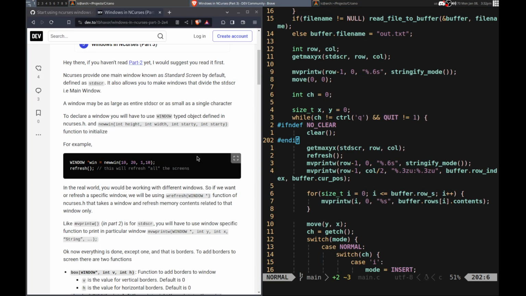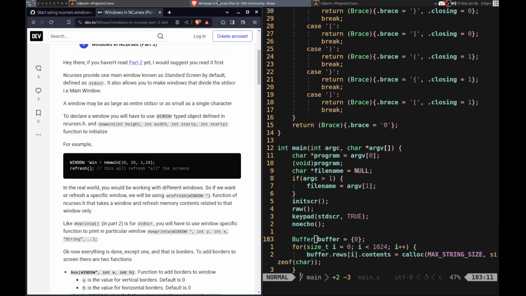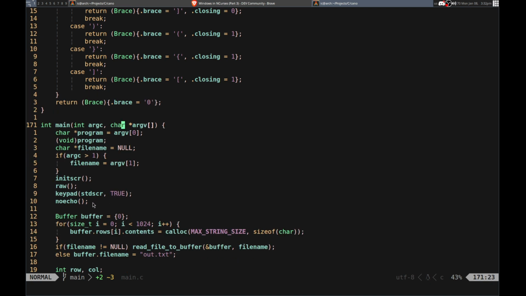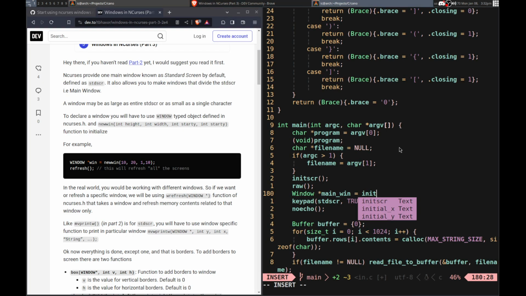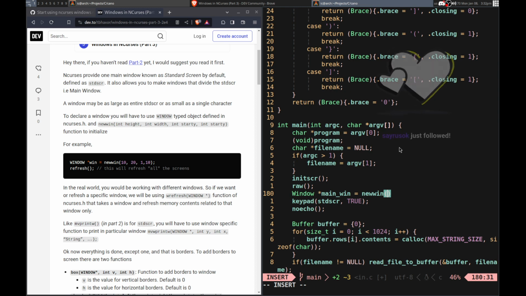So, looking at this, I was looking at this before, so this is what we'll make. The window, and we'll make a global window, basically. That's going to go at the top of the main function. Right here. Window, global, or this will be main, maybe? Can't call it main. So maybe just main window equals init new, and